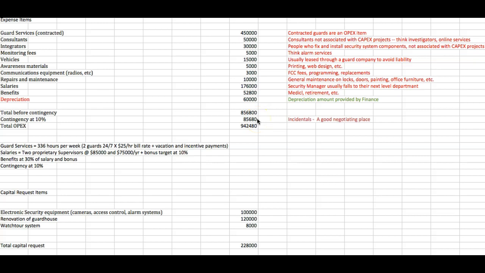And if someone tells you when you turn in your budget, you've got to chop some money off of it, that's where you can start. And you just have to worry about the rainy days up here and spend wisely. So I hope this kind of shows you what a line item budget looks like.